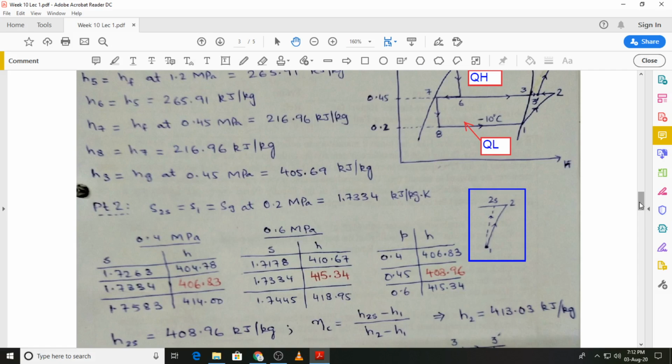The next thing that I have done is, by using the table, I've used the superheated property tables for refrigerant 134A, and we have to go to an intermediate pressure of 0.45. Now that pressure is not available in the superheated property tables, but we have pressures, one which is less than 0.45 and the other one which is greater than 0.45, which is 0.6 megapascals. So what we are assuming is that the entropy remains the same, that is 1.7334. 1.7334 is the entropy that we want to be maintaining throughout from state 1 to 2s,